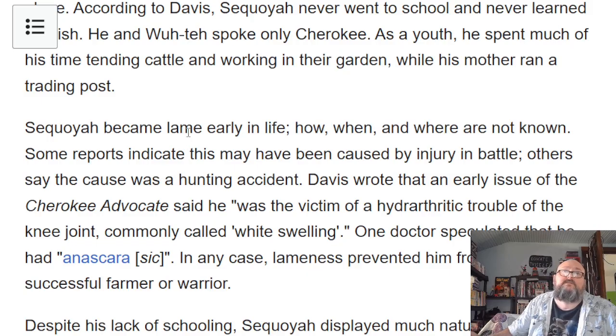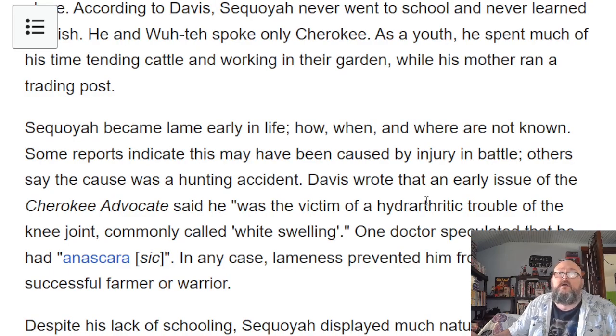Yeah, so the issue here. They mention he had an issue, but how, when, and where are not known. Some reports say it was caused by an injury in battle. Others say it was a hunting accident. Then we've got a written account that an early issue of the Cherokee Advocate said he was the victim of